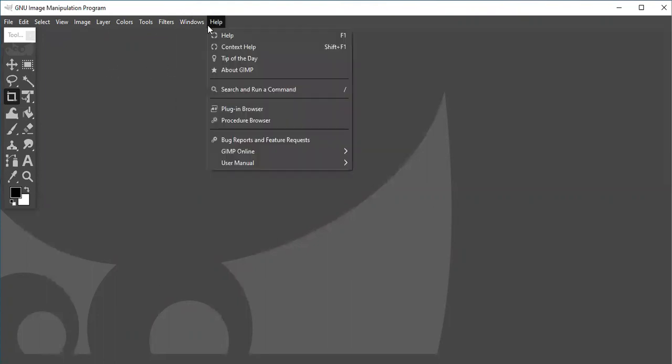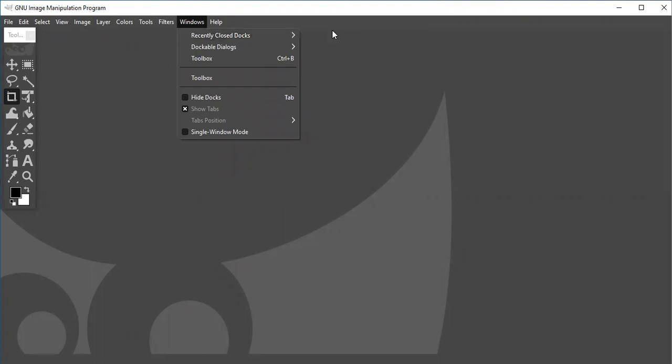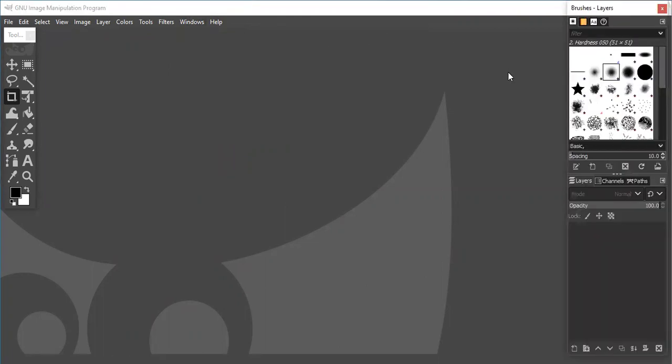Next. See, whenever we open the GIMP application the first time, this particular window will be like this. One side you will be getting the toolbox and the other side you will be getting the brushes. This is called the left panel, this is called the right panel, and this whole window is called the image window.